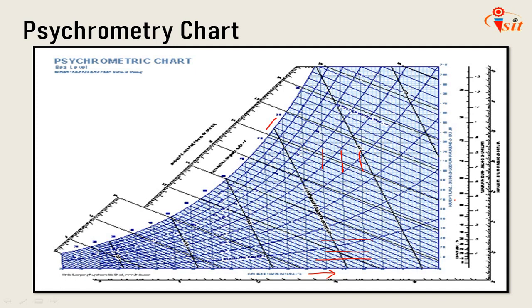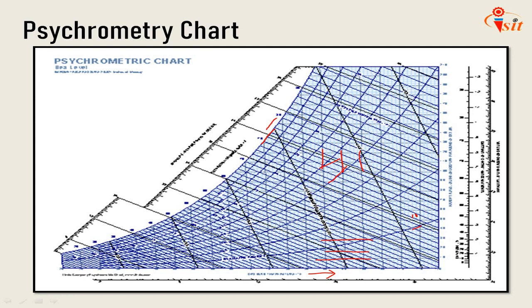Now next, constant relative humidity lines in percentage are indicated by marking of vertical distances between the saturation line or the upper curved line and the base of the chart. So these curved lines represent the relative humidity lines. So 100% relative humidity is the saturation curve. From here the 10%, 20, 30, 40, 50, likewise up to 100%, which represents the saturation line.